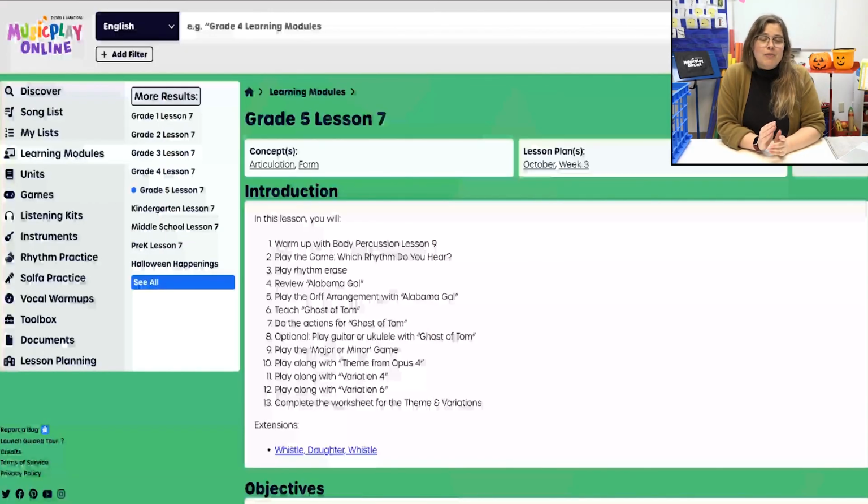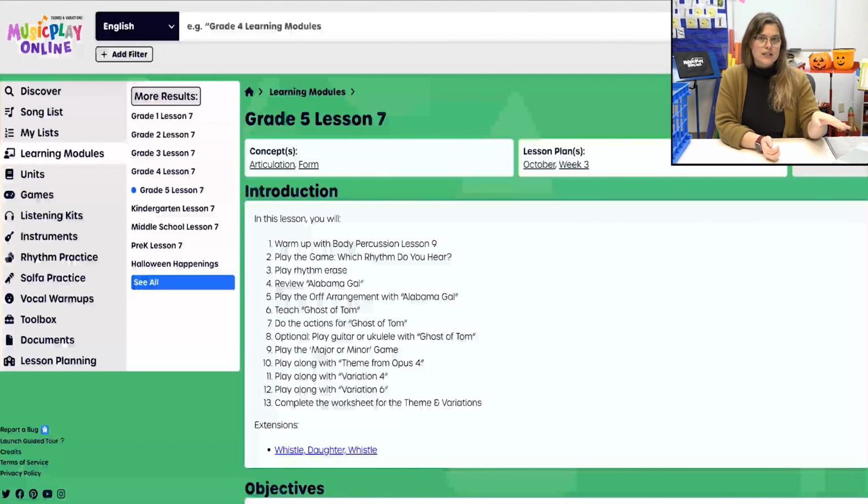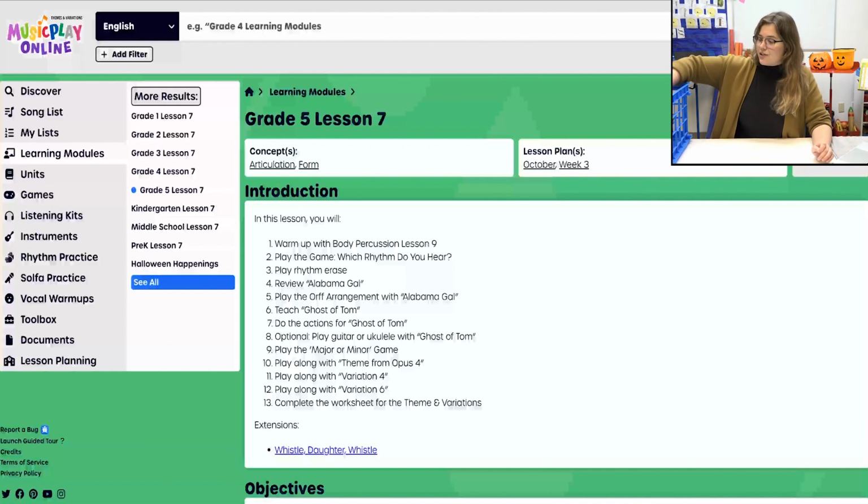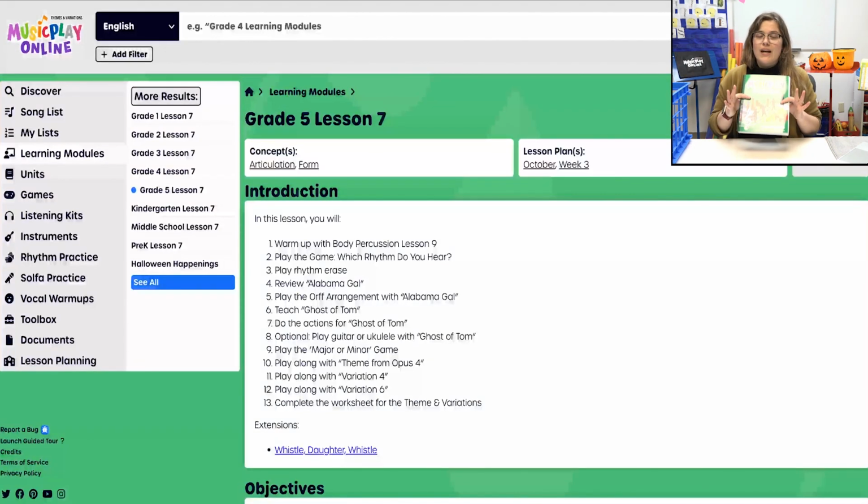Alrighty, so now we're going to talk about grade 5, October, week 3, lesson 7. Now, this one is full of great stuff, just like the last one was. When you first get to this page, you'll see a really quick rundown of what activities there are. At the very bottom, you'll see extensions, Whistle, Daughter, Whistle. That is an extra song from the teacher guide that I wasn't able to add. If you have more time or additional lessons, definitely jump into Whistle, Daughter, Whistle. It has a good time signature projectable slide, so that would be good for review or teaching, depending on where